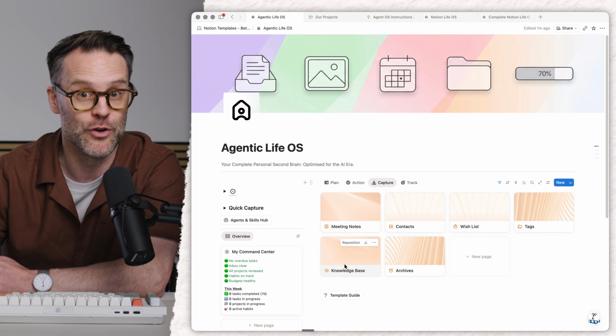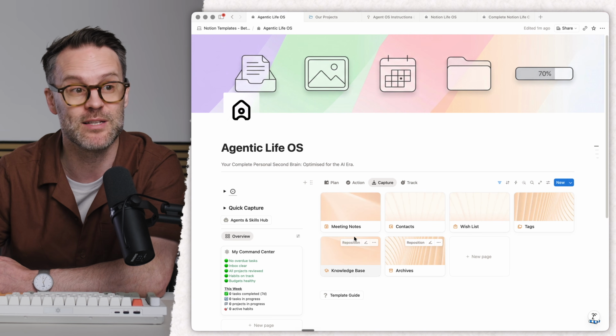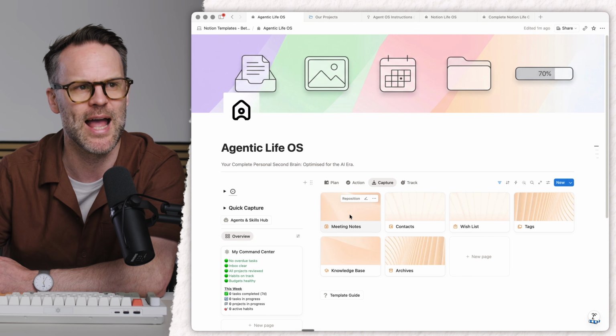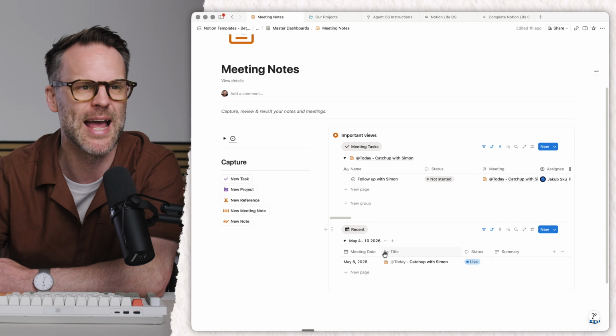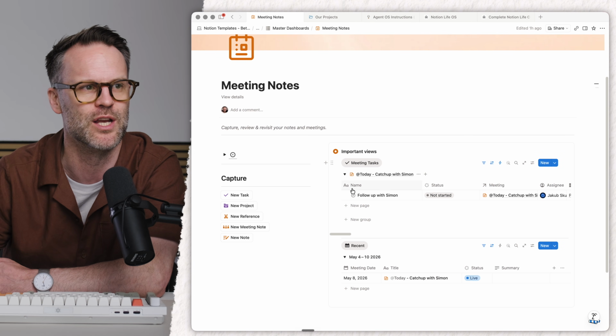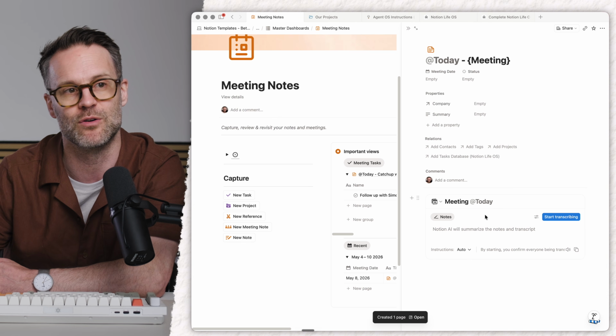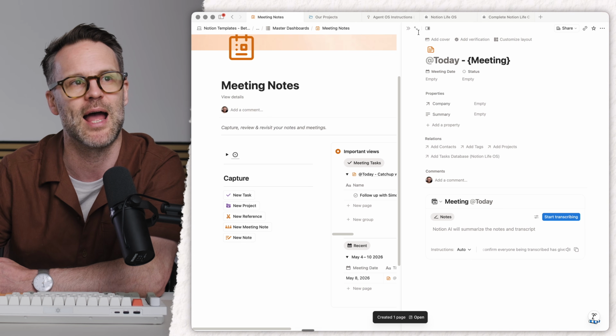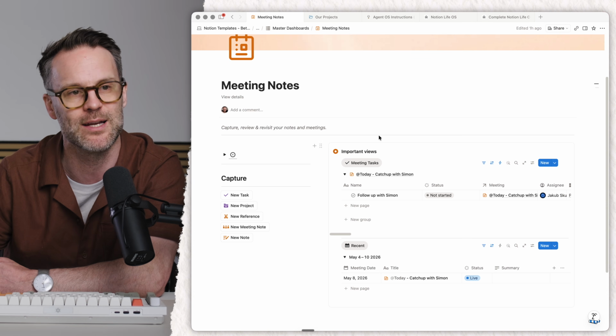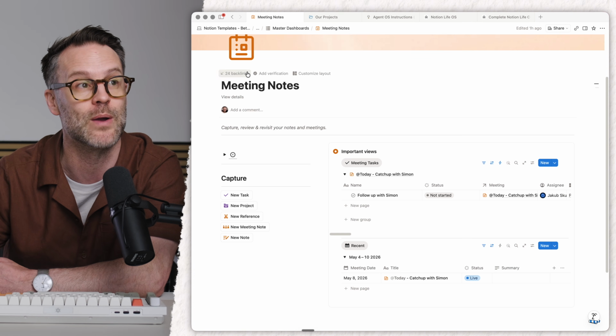For those of you that are new here, what that really means is that it's much clearer about where stuff goes. AI meeting notes, which we'll talk about in a little bit, have transformed how we use Notion. And so when we create a new meeting note, it will add the meeting note transcription system in there. And what's really lovely is then we have a single place for all of those conversations that you have in